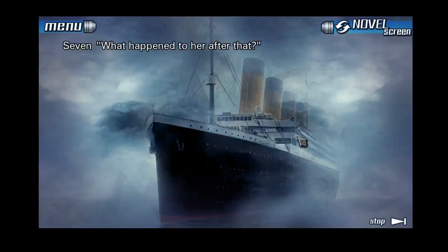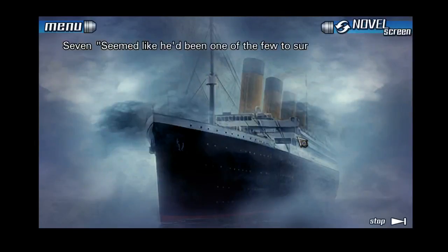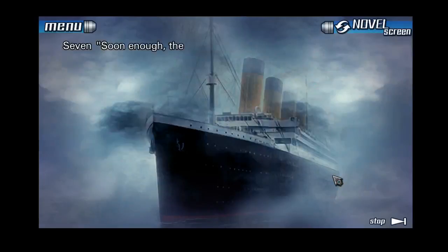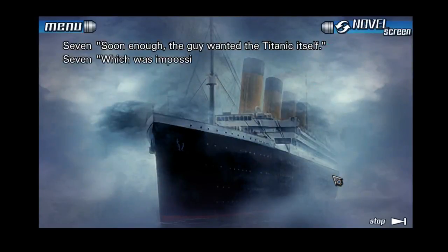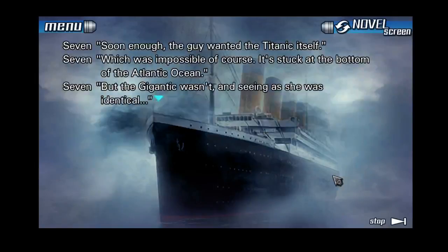What happened to her after that? One theory going around is that a man named Lord Gourdane bought her. Seemed like he'd been one of the few to survive the Titanic sinking. That trauma turned him into some kind of obsessive collector of all things related to the Titanic. Soon enough, the guy wanted the Titanic itself. Which was impossible, of course. It's stuck at the bottom of the Atlantic Ocean. But the Gigantic wasn't. And seeing as she was identical...